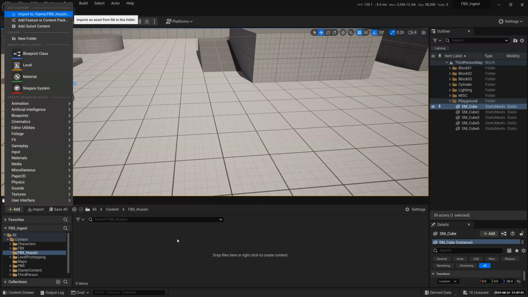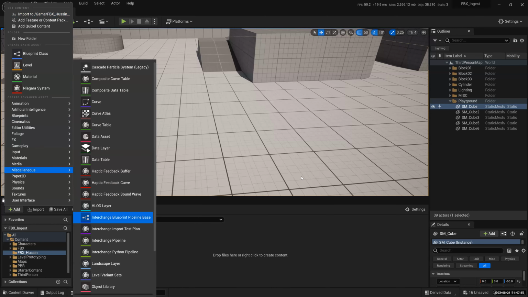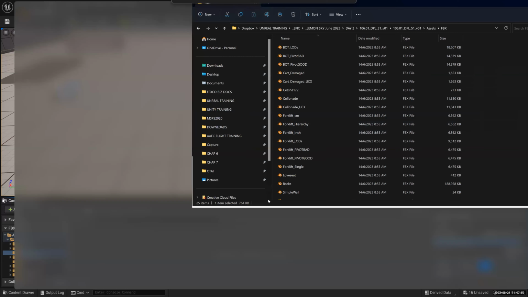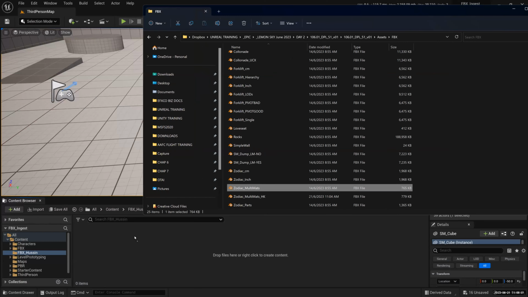So I'm going to open up my folder here. I've created my name just now. Remember, FBX. Oops. Yeah, this one I have. I click and I drag. As long as it's a plus sign, that means you're happy. If you see a no-entry sign, that means you can't drag it here, or it does not work. If you get a plus sign, that means Unreal Engine knows that this file extension works. So I'm going to let it go.